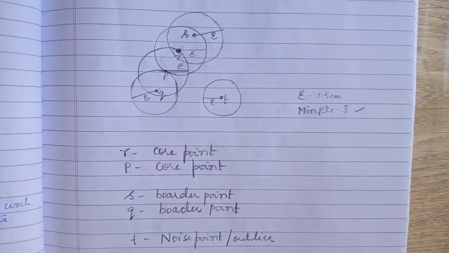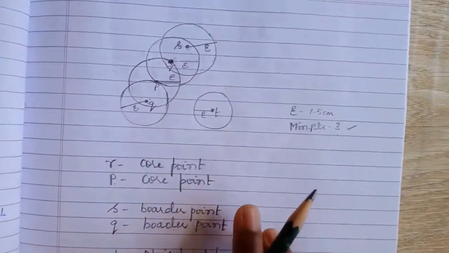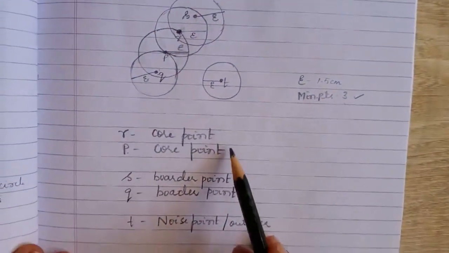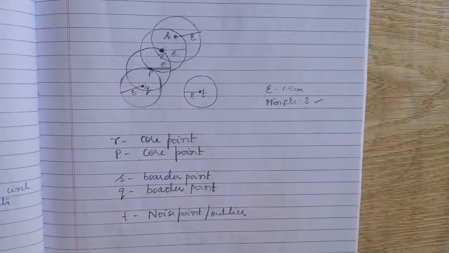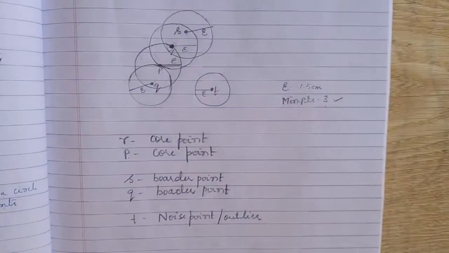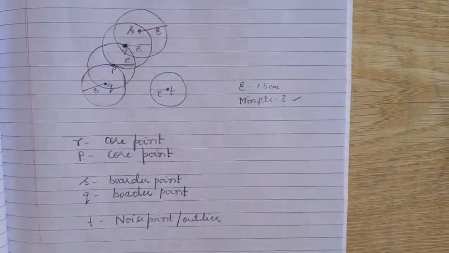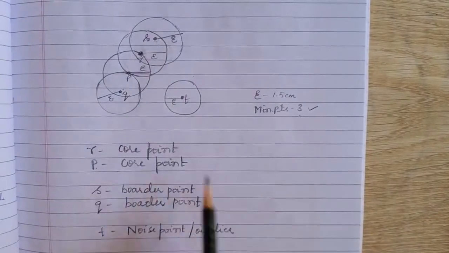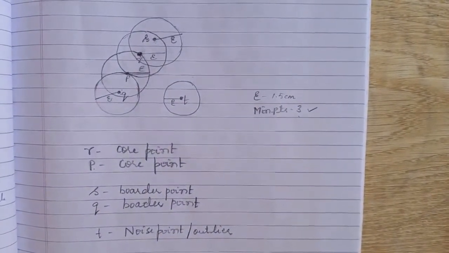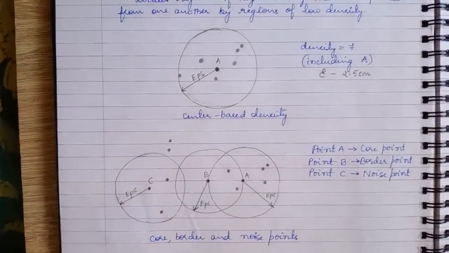Using these terminologies, now if you understand all these terms and how to find out any point as either core point or border point or noise point as well, if you know this properly, then we can solve the problem. We can cluster using the DBSCAN technique easily. If you understand all these terminologies, it is easy for you to understand. I want to show you another example.